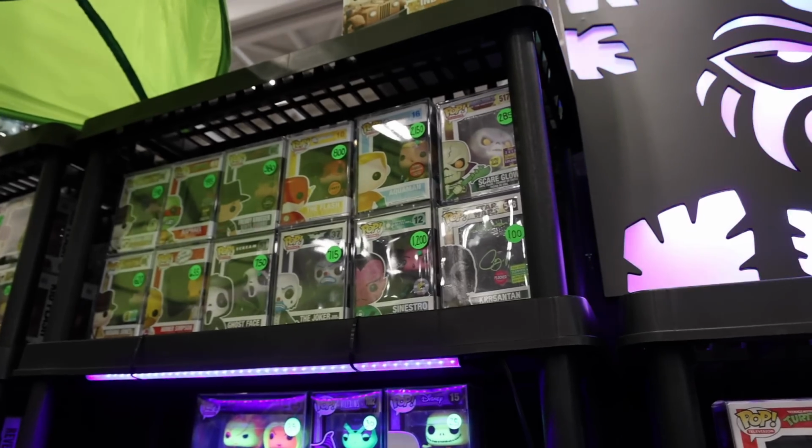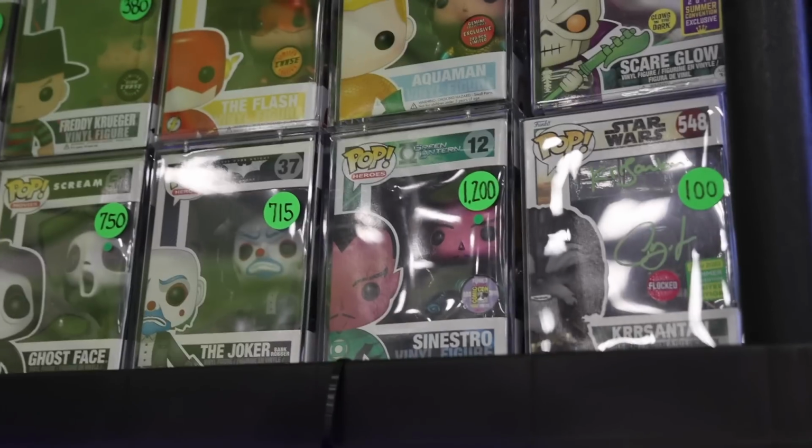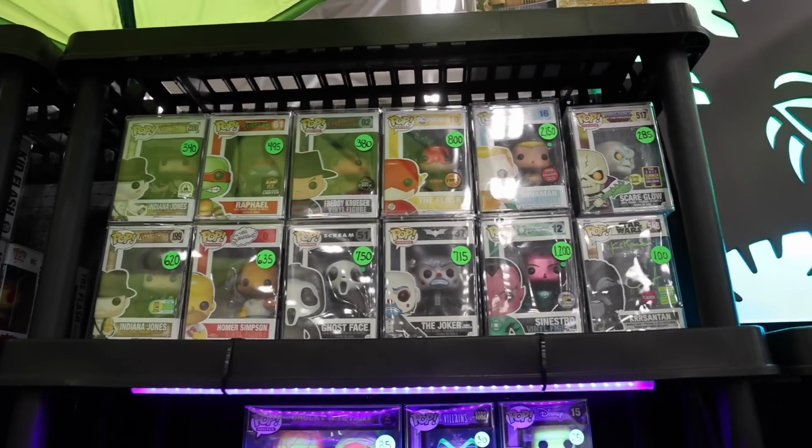I'm talking about these ones up here, guys. Check it out. They've got the Scare Glow, as well as down there, guys, Sinestro for $1,200. Definitely. Let me focus on that. There we go. Definitely the most we've seen. And I know there's a bit of a glare because they are in hard stacks, but if you guys want